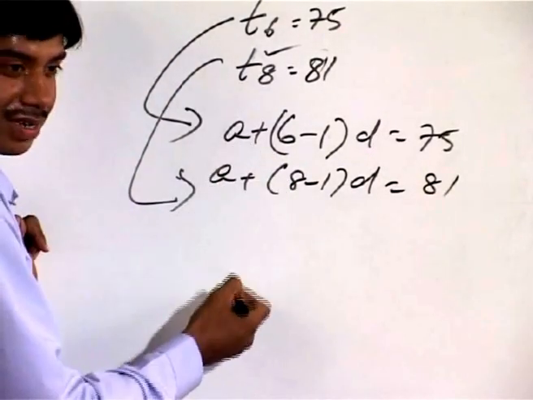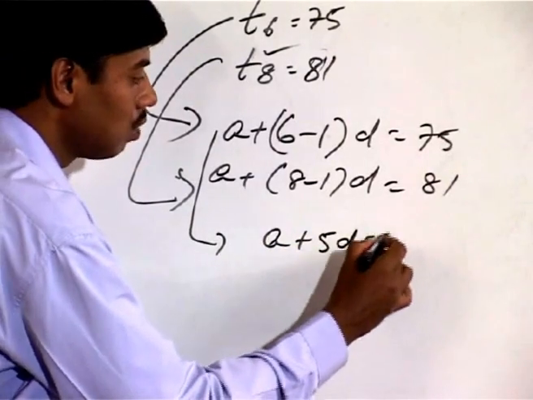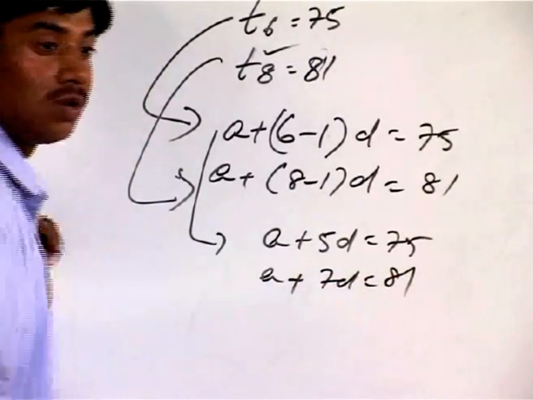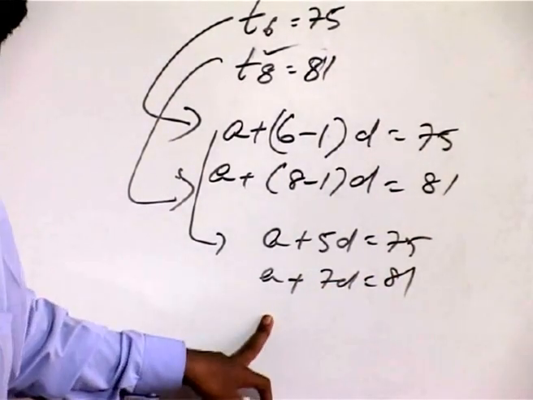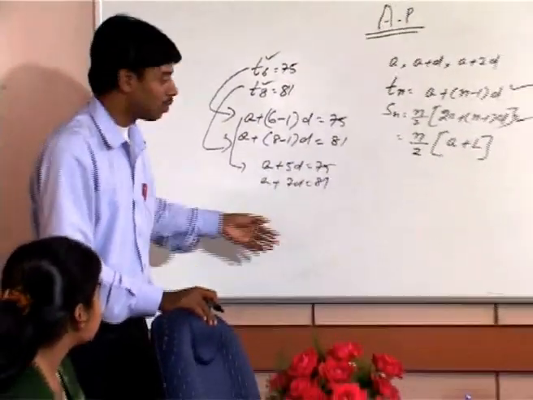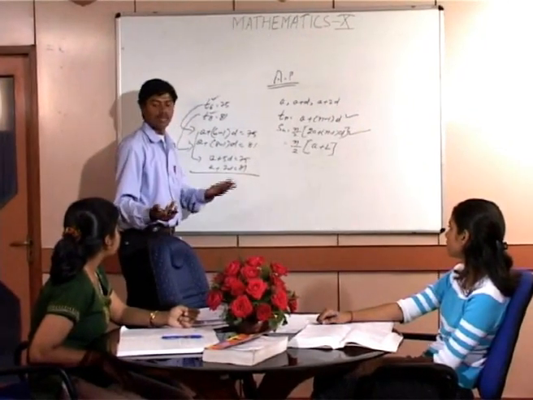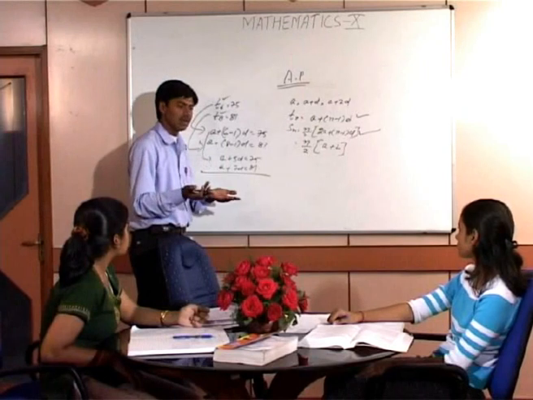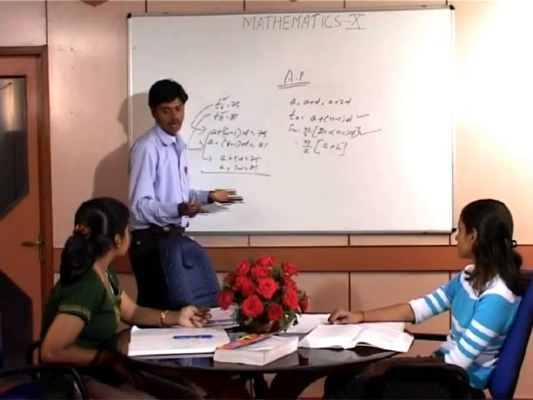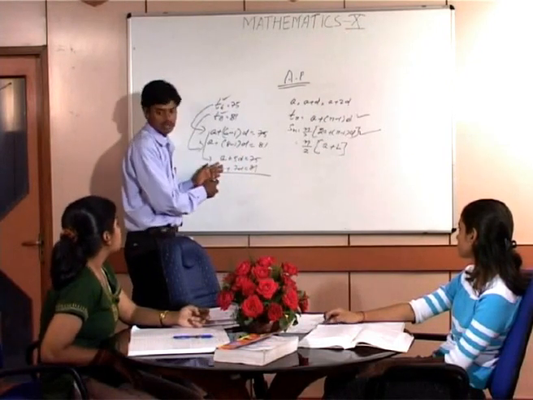So you will solve it linearly. You will get the equations a plus 5d equals 75 and a plus 7d equals 81. You know how to solve these two linear equations in two variables. Is that clear? Now the application of the first step is coming here. By the linear equation methods you know, elimination method, substitution, all methods are there. Any method you feel comfortable with, you apply and get the answers for a and d. Once you get a and d, you have found the answer, that means the values of a and d are the answer.